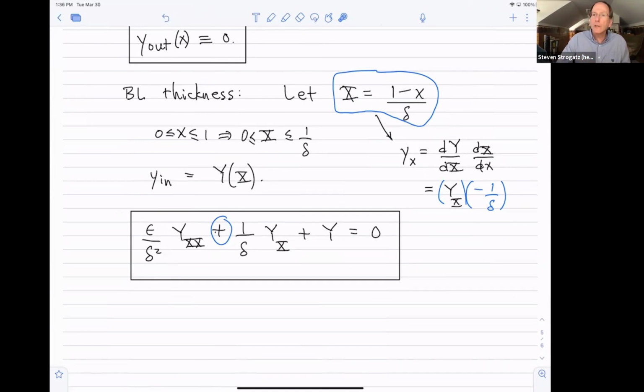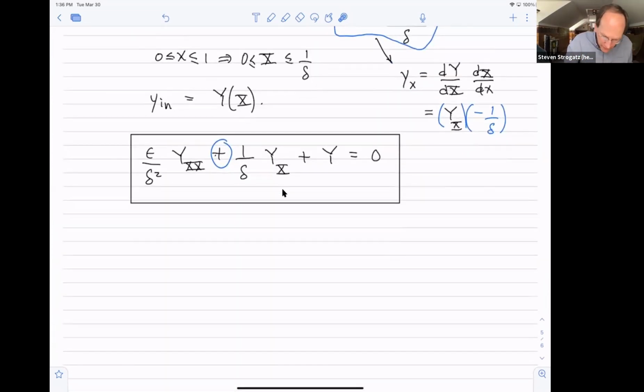I see a question here. Yeah. Let's see. So the question again, this another from Maria, was, is there any point before matching when we could have realized we were making a bad choice? Yeah, I mean, again, this idea that if you see that something's growing exponentially as you move deeper into the layer, that looks sketchy. Things should usually decay. The layer is a region of rapid variation, but usually it's rapid decay, not rapid growth. As you move away from the endpoint, things should be decaying, typically. So anyway, here we are.